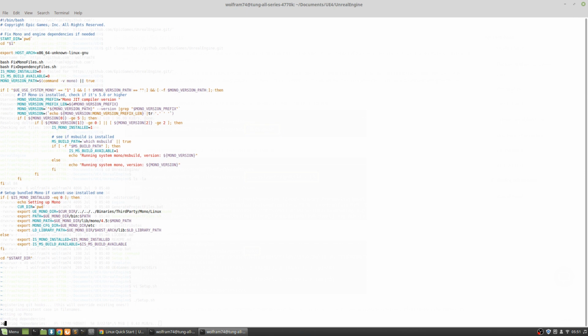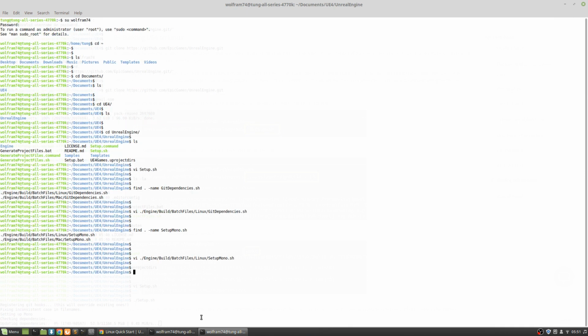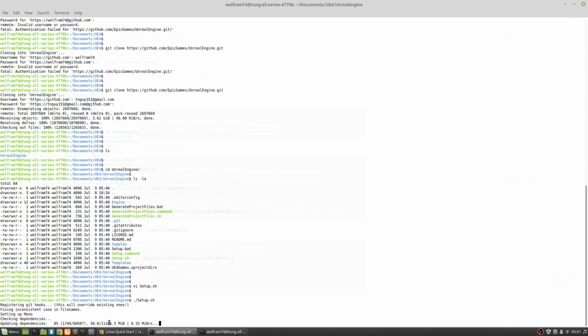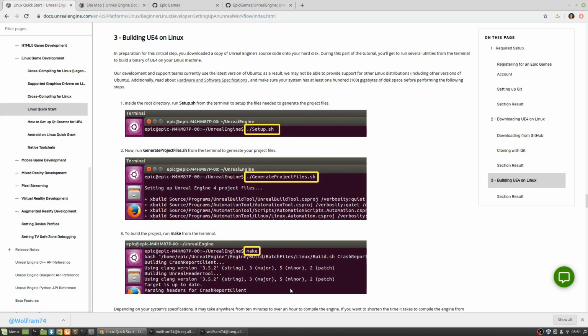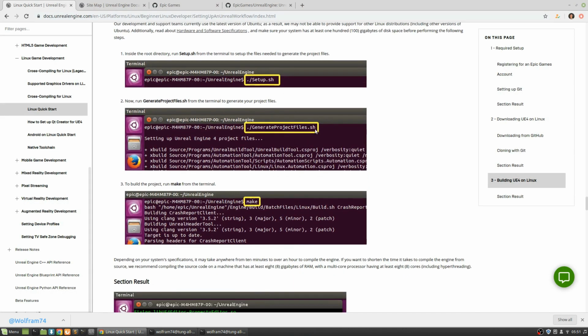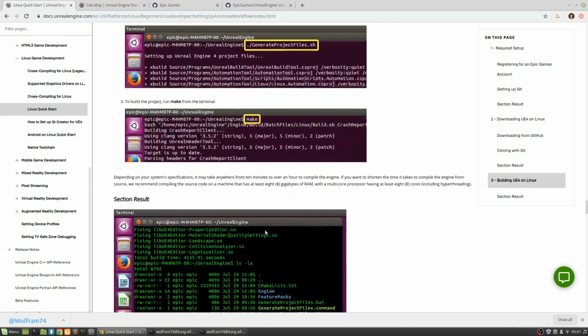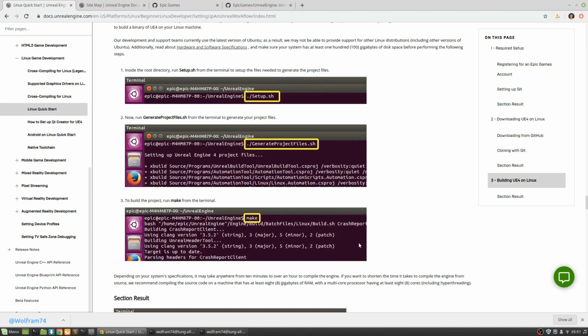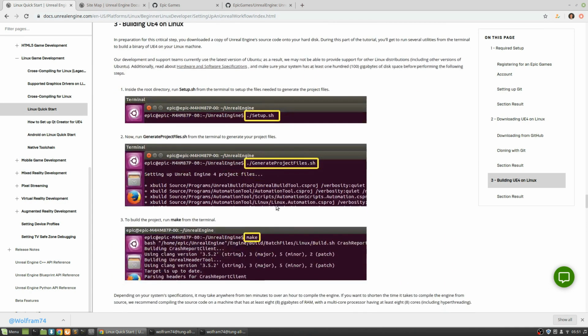All right, that's as far as I'm probably gonna go. I'm gonna assume this is gonna take a while, so again, I will probably resume the video when it's getting ready for the next step, which is to generate project files, and then the last step looks like it's gonna be to build the editor. So this will probably take about, I'm hoping, 1 or 2 hours or less.